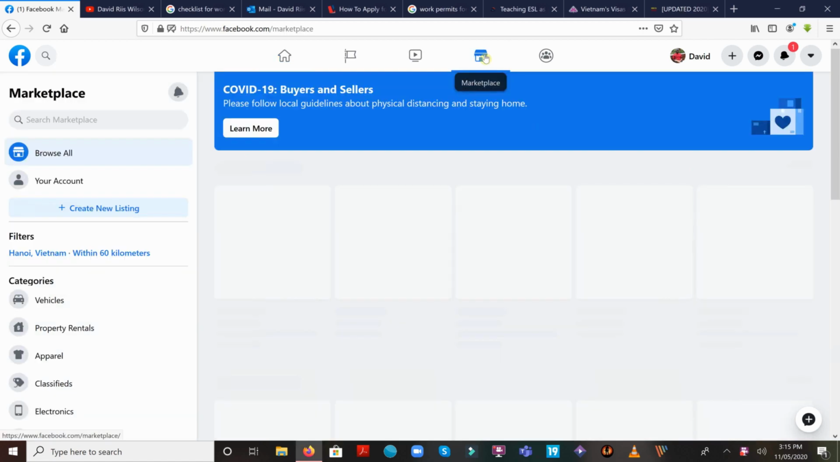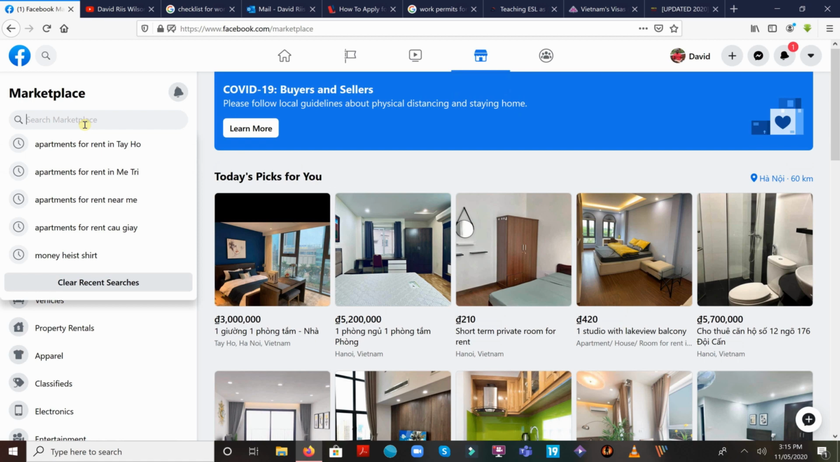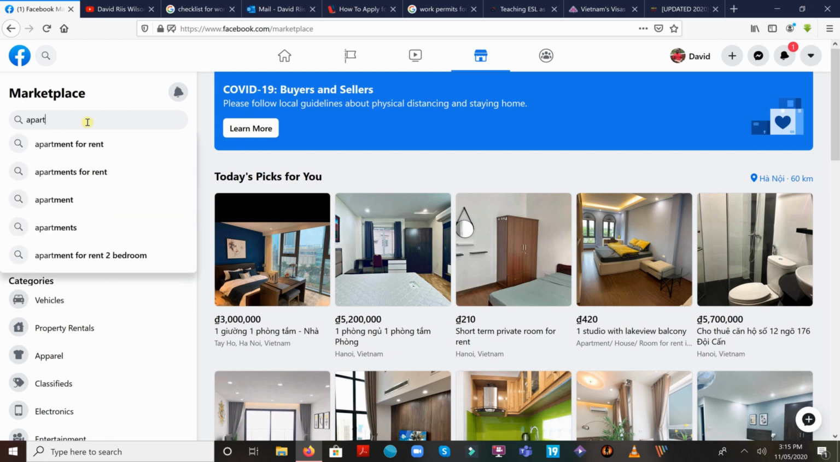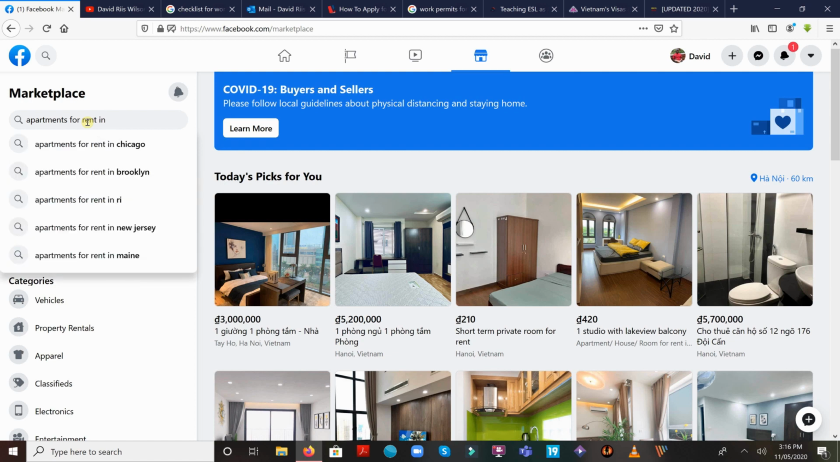When you click on Facebook Marketplace and then in search Marketplace, you type apartment for rent in the area you want to live. You normally have to get your job first and then look for an apartment close to your workplace. I think that's the best thing to do. But that notwithstanding, to look for an apartment in Vietnam, you just go to Marketplace and then in the search bar you just type apartments